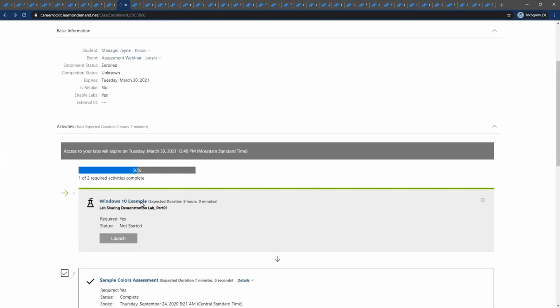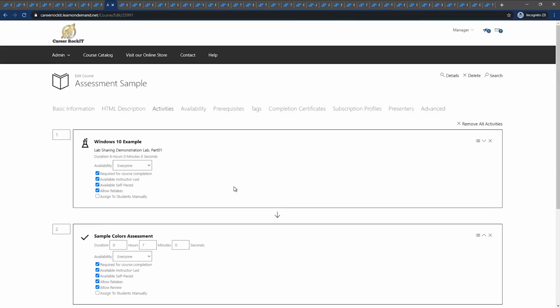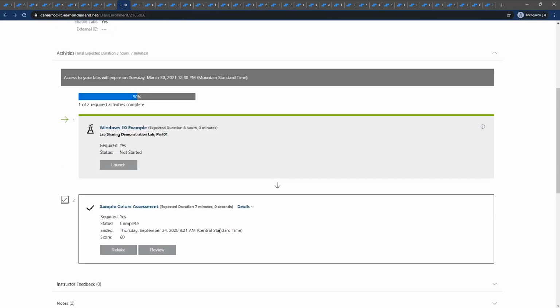As the manager here, I actually took my assessment, and once the assessment is taken, I can see what my score is on it. And on the course, you can actually set whether or not someone can have retakes or review that assessment once it's been taken. So you have the control over whether or not they can come back and either retake it or review it. So when I'm reviewing my assessment,